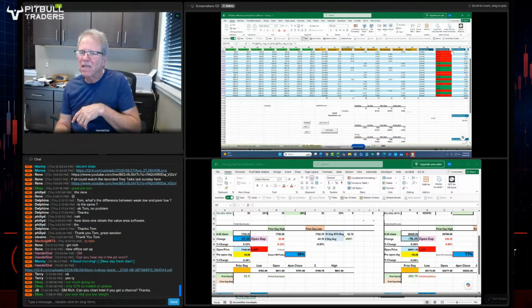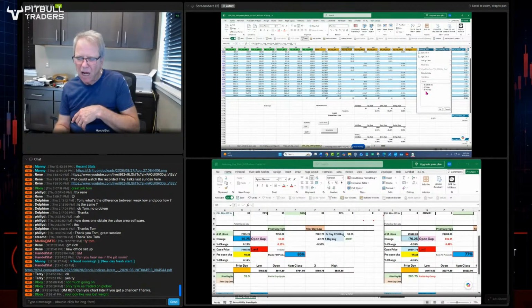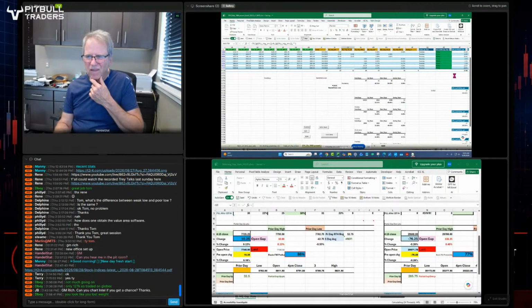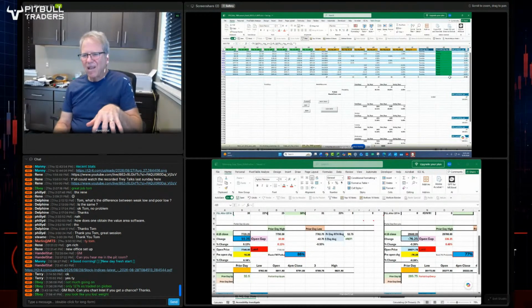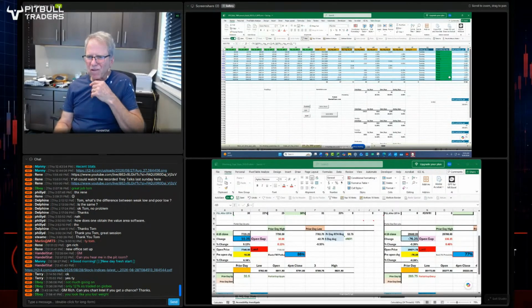Let's see if Monday is an up day. See if Monday's down. Let's just see if Monday's an up day. See if the day before is an up day. I'm looking at whether it's Monday or not. If the day before is an up day, meaning the end of the month, the last day of August is positive, what does that do to this? Right here, and it will tell us in a second.